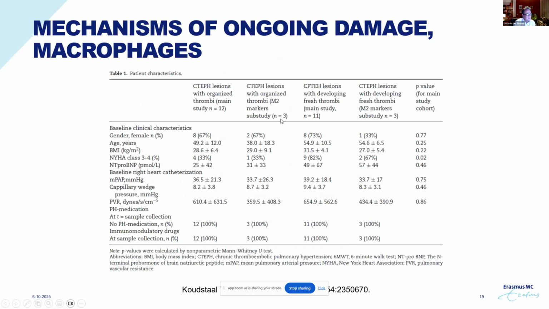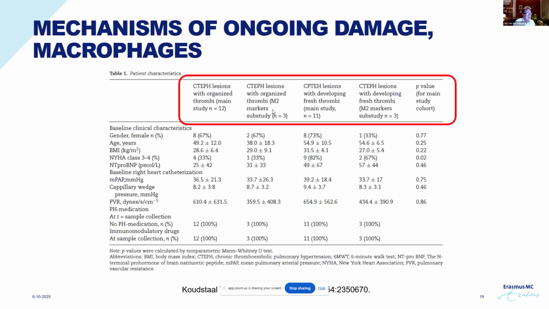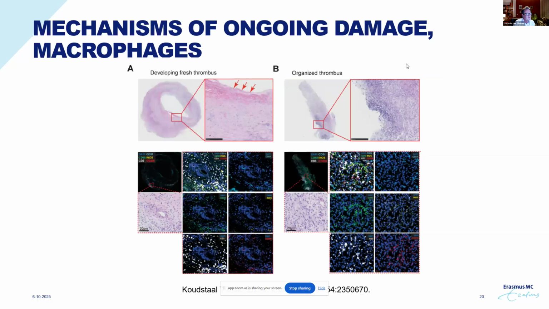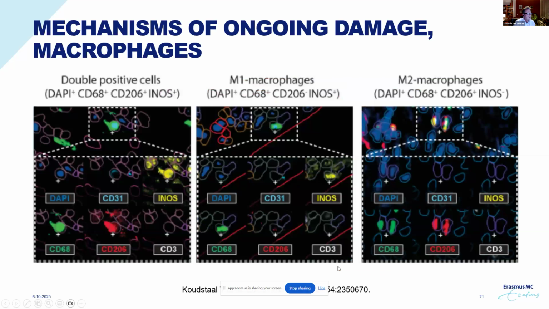This is a study that we recently published looking at the presence of macrophages and subtyping of macrophages in CTEPH, particularly comparing those lesions with an organized appearance to those with a fresh, at least a fresh component with fibrin. You can see that here on the left-hand side. So fibrin at the surface of this lesion, removed by the endarterectomy procedure, and here on the right-hand side, it's an organized thrombus. And then looking at the various inflammatory cells, we found with multiplex immunofluorescence that there's presence of